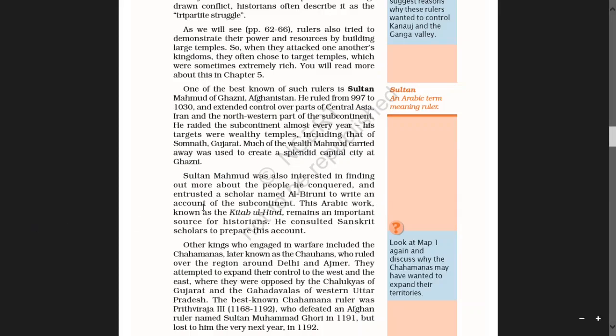The Arabic work known as the Kitab al-Hind remains an important source for historians.